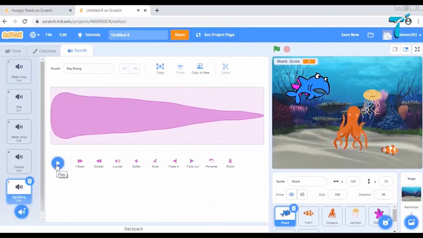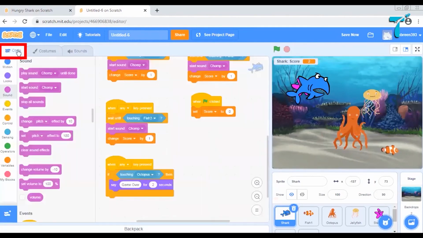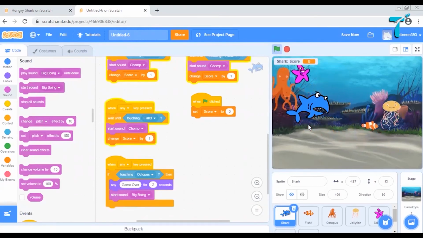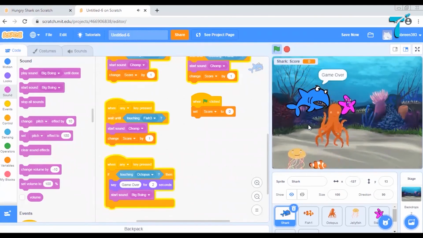So it plays like this. So let's go back to code and see it. That start sound, big boing. So big boing sound should play when it touches the octopus. Let us see. Yes, it is saying game over, and then it plays the big boing sound.